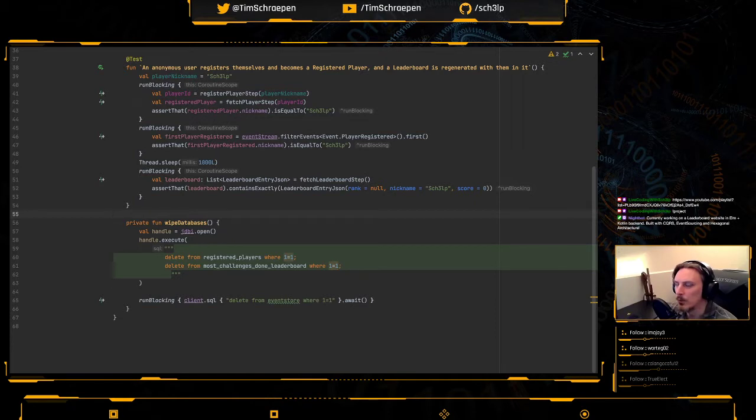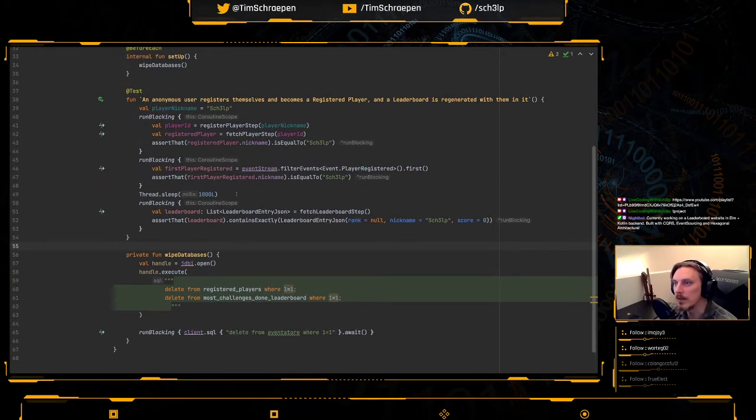Because if I add a new database table, I need to manually add it to this statement here, just to get all of my database tables cleaned before I run all of my tests. But what's happening here is that the method itself reads: an anonymous user tries to register themselves, so I'm going to register myself. I'll become a registered player, and we can check that by making a call to the player's endpoint. And then we just verify that the registered player with that ID is indeed me, or has my